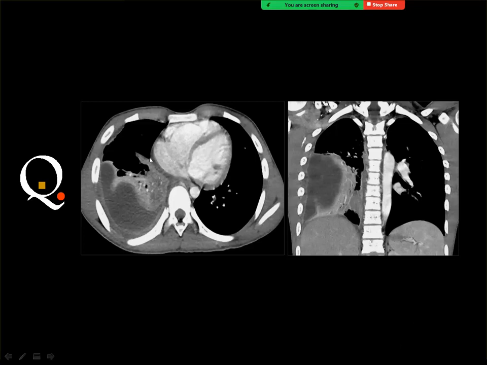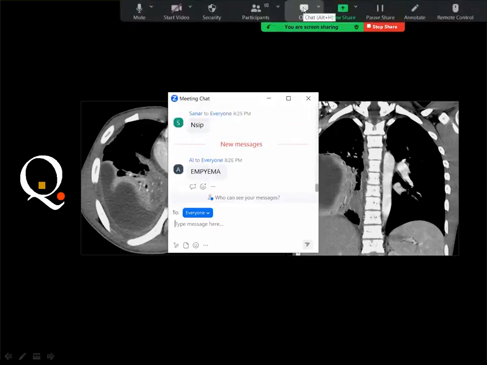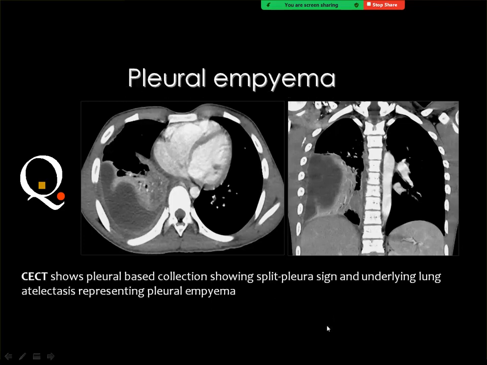Next case is a CT scan axial and coronal reconstructed images after contrast injection. Yes, and this is empyema. Very good. There is an encysted collection in the pleural cavity with enhancing margin, and there is evident collapse or compression collapse of the right lower lobe, diagnostic of extrapulmonary collection, and there should be in the dura, diagnostic of